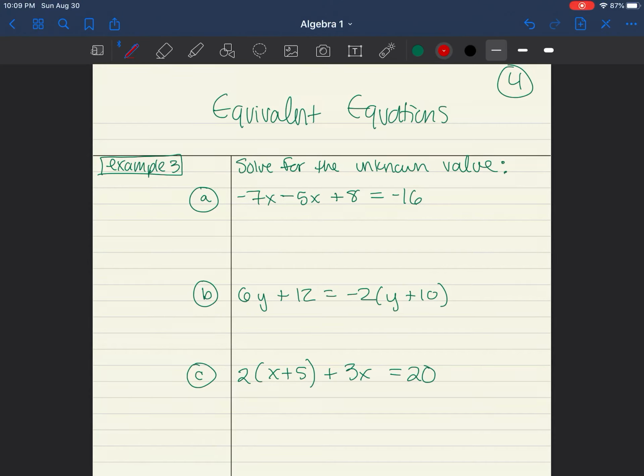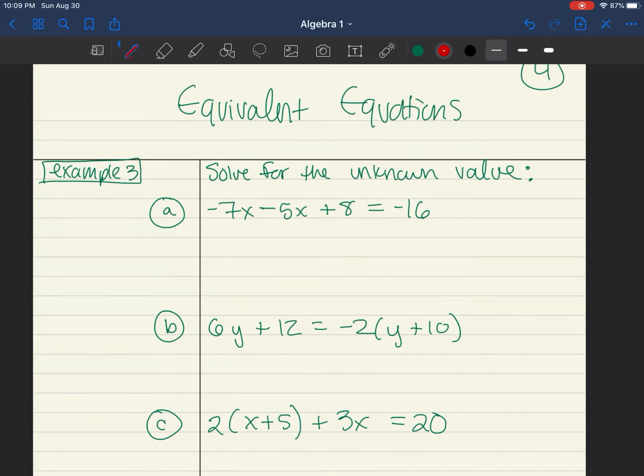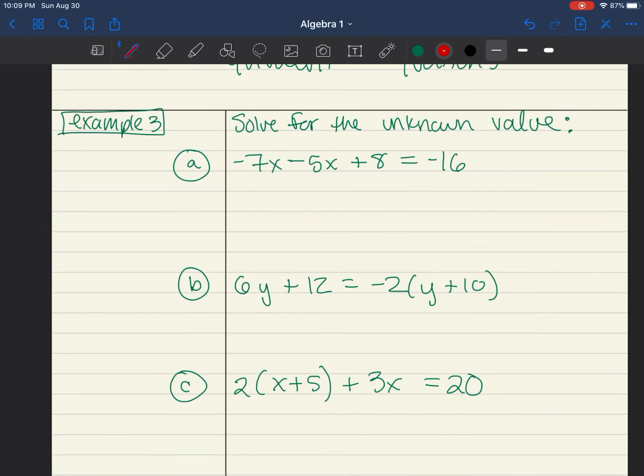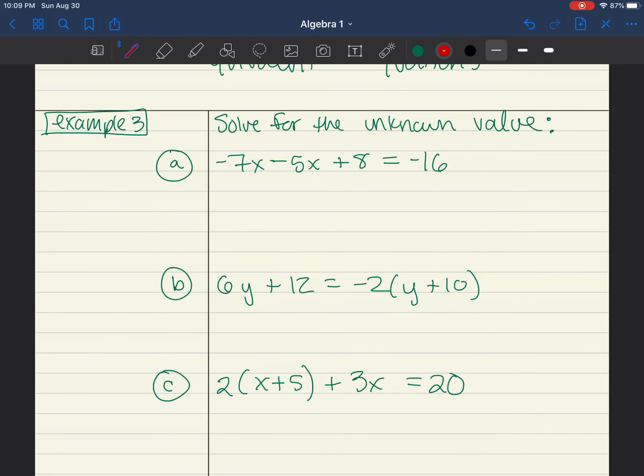Alright, so example 3 is just going to be some quick solving in case you need practice, but everyone should show their work and write these down. Still page 4, still working on equivalent equations. We're going to solve for this unknown variable. And I'm going to follow